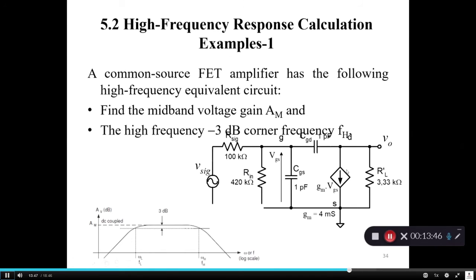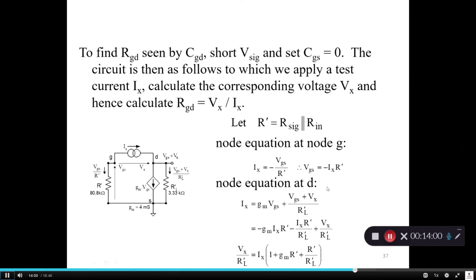And the right hand side, see, I am discussing the second condition, the resistance looking from here. In the right hand side, the second section will be gm into VGS and R dash L. So the circuit will look like this. I am looking from here. To calculate the resistance looking from this capacitor, you can use the Miller theorem, but I will discuss Miller theorem in the next example. What we can do here, the other process, is put a test current in place of the capacitor.